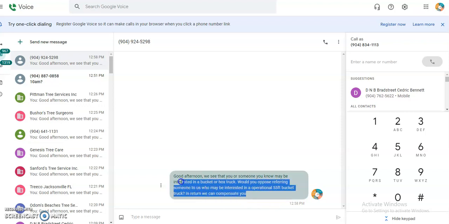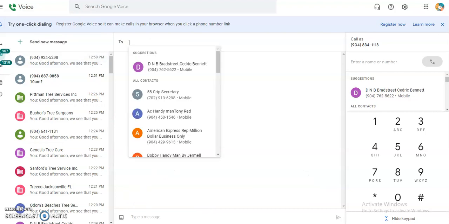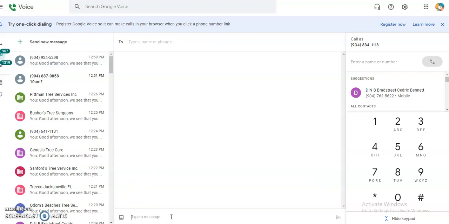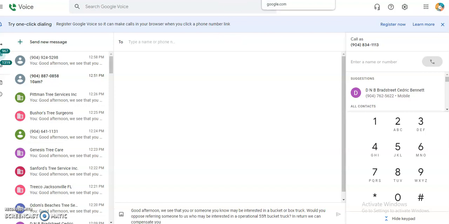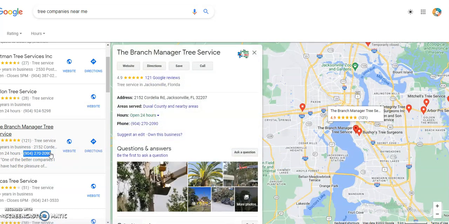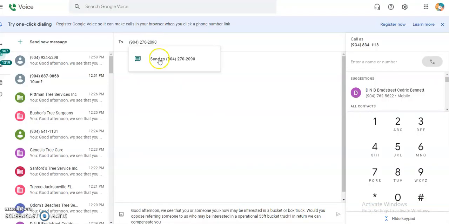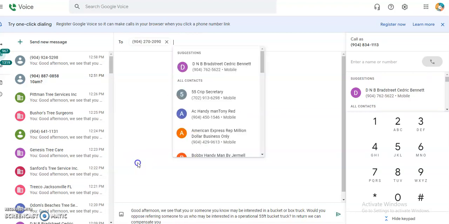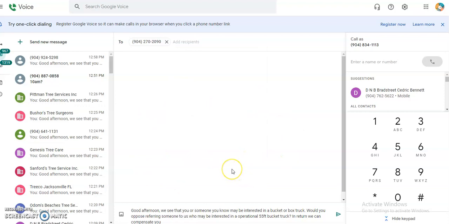If you keep watching this video, you will see me do the same process all over again. Copy, programmer, click send new message, paste in the type message area, go back to Google, go to the next phone number. From top to bottom or bottom to top, it doesn't matter, programmer, how you do it. I would suggest going top to bottom. Copy, go back to the voice over IP, paste, click. As you can see, nothing appeared in the body, so that means no previous messages have been sent.